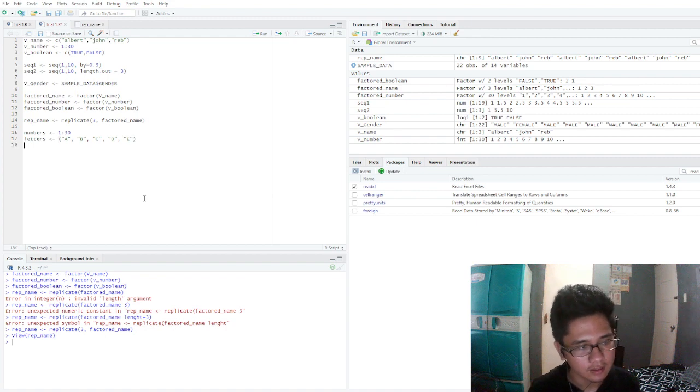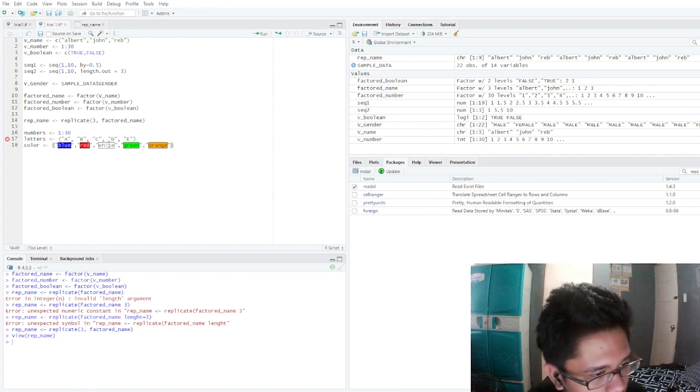Then the colors are, I think, blue, red, white, green, and orange. Let's do this. 1, 2, 3, 4, 5.